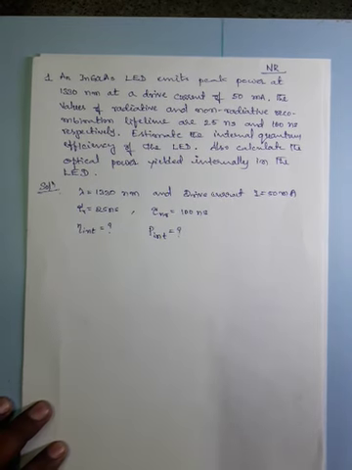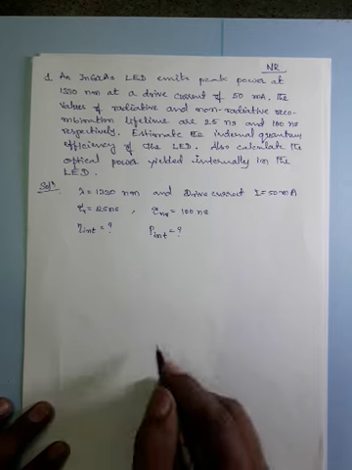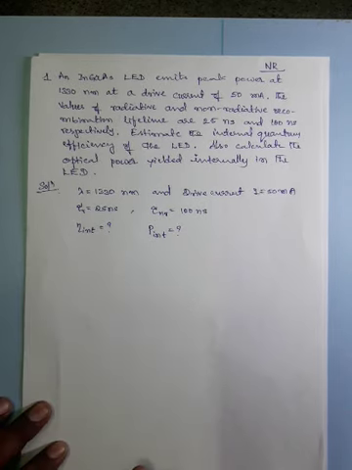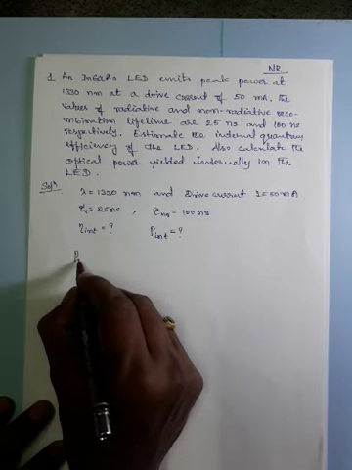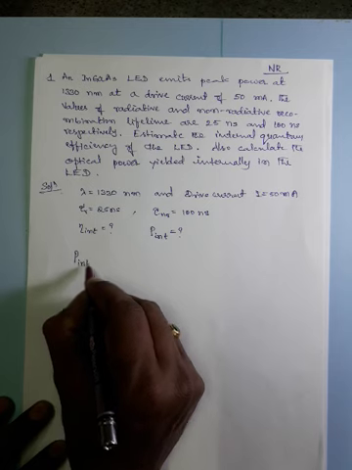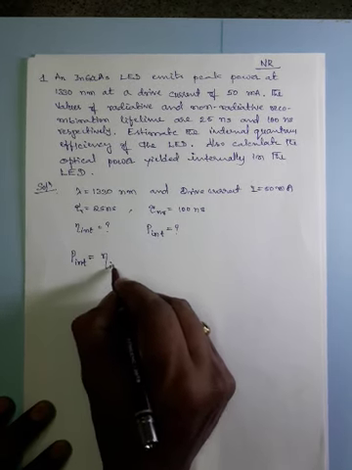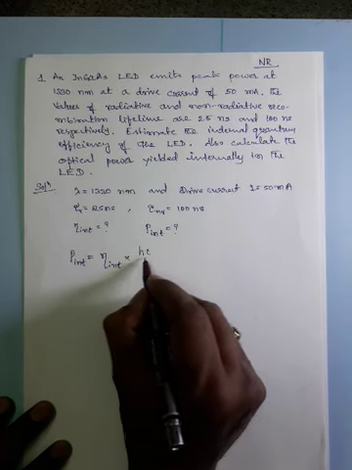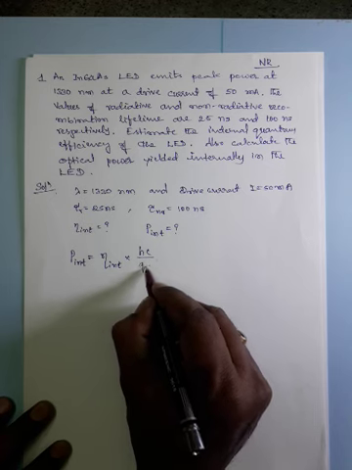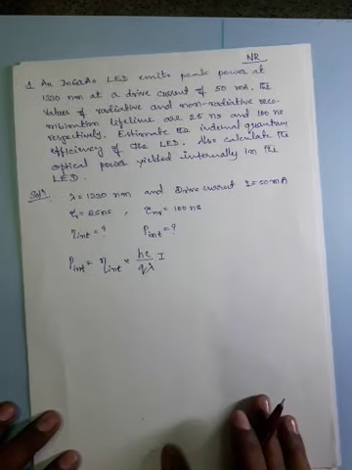To calculate the optical power yield internally in the LED, we have an expression Pint is equal to eta int into hc divided by q lambda into I, where